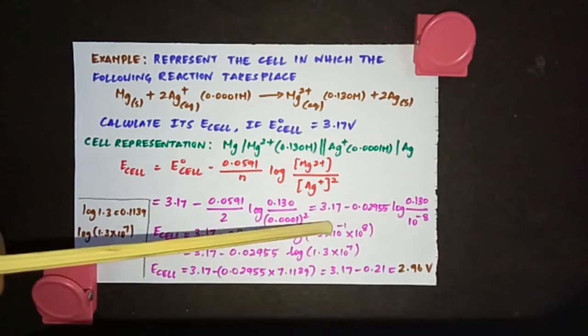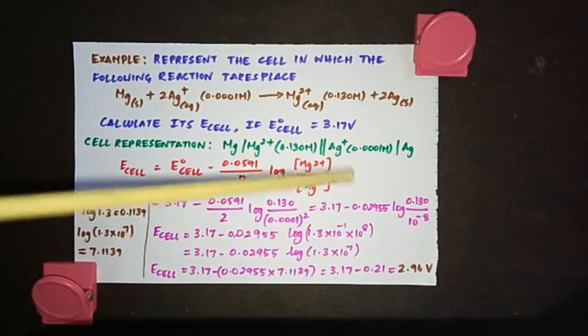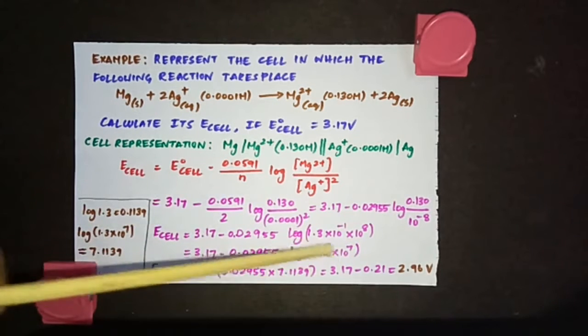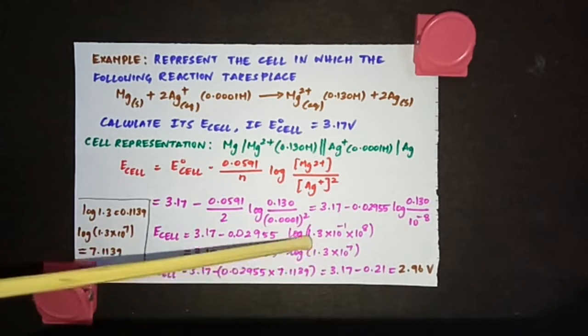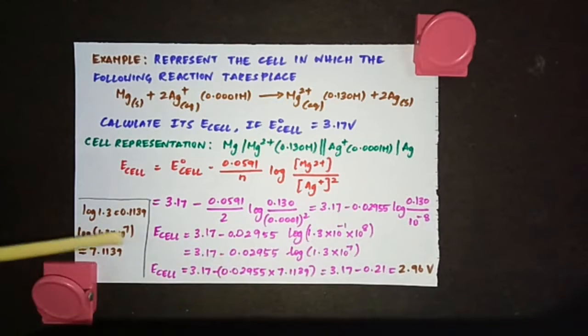So 8 minus 1 will be 7. So 1.3 into 10 to the power 7. And remember, there's an easy way to do the calculation part for this log. You leave this 10 power 7, take log for 1.3. See, log 1.3, I've told you, if there is one value before the decimal, you will put 0. 0 point, and look in the log table for 13 0.